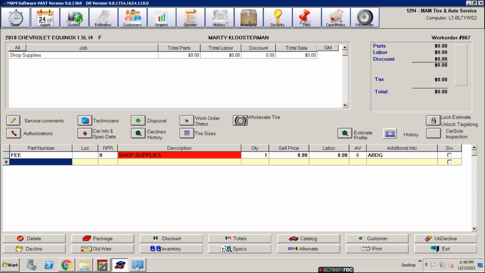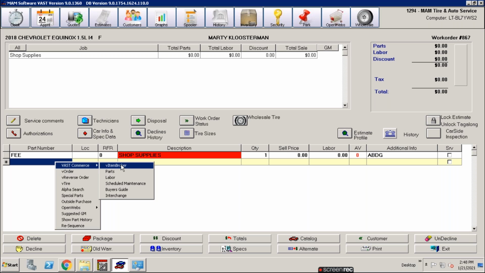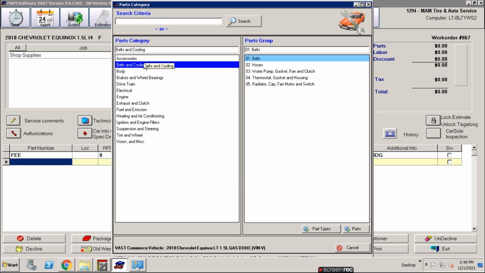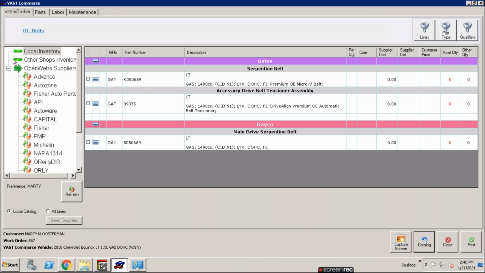Question from Jimmy: what if we need to remove parts in local inventory that are no longer being stocked? That would be something, Jimmy, that you would want to go into. Let me pull up mine again here, just to make sure we're on the same page. On local inventory, I have it coming up telling it to look for Gates and Dayco belts. If you're no longer carrying Gates or Dayco product and you do not want these to appear when you go